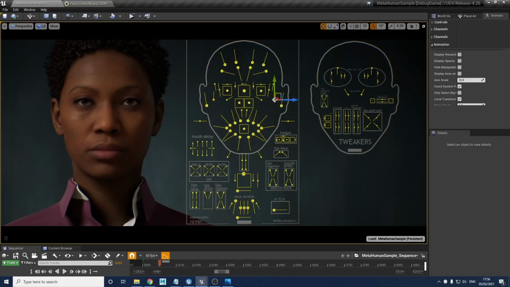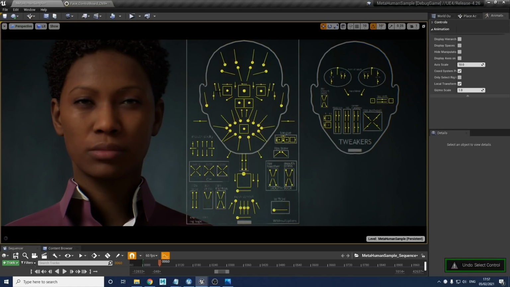Next to those is the cheek raise. This does similar. It does raise the eyelids as well, but it actually is caused by the cheeks pushing up. So there's a bigger impact around the outside of the brows and around the crow's feet area. It's pushing up and having a large effect on the whole of the upper sides of the face. It can be used together, as most of this rig can. So you can have squint and cheek pull on together.